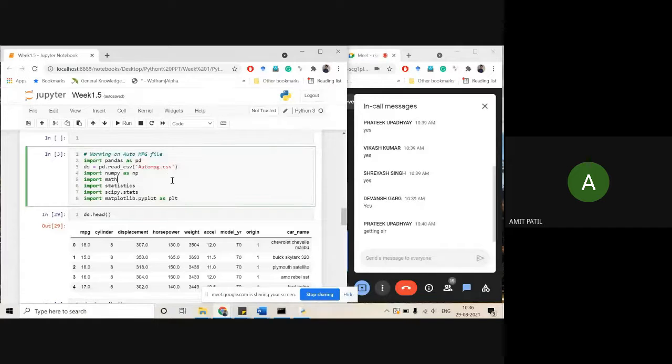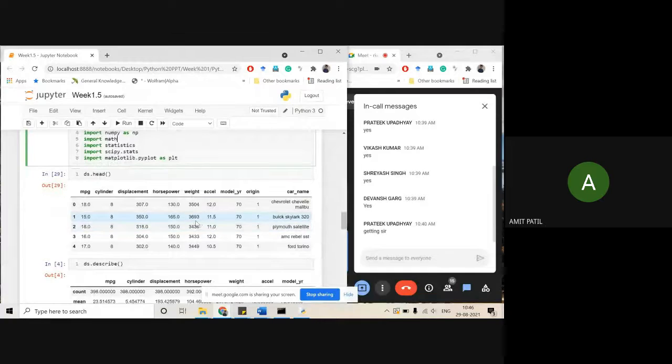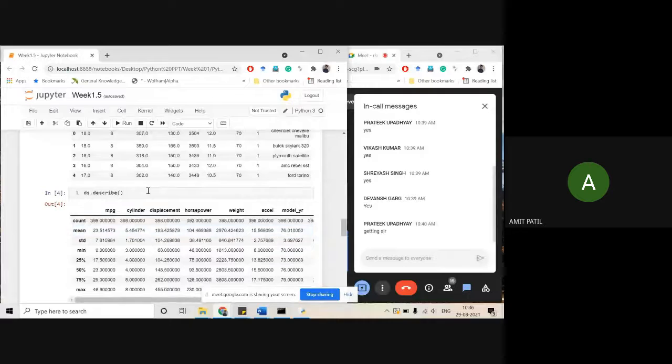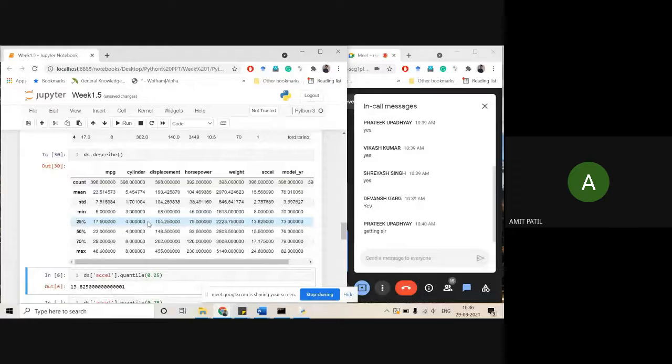Okay, so we have imported the data and imported the libraries. We looked at the data, how it is. Now the next command is describe, for your data set. That will give you a few statistics about your data set. So you can see that your MPG variable has 198 entries. So this count will give you the number of entries, right?